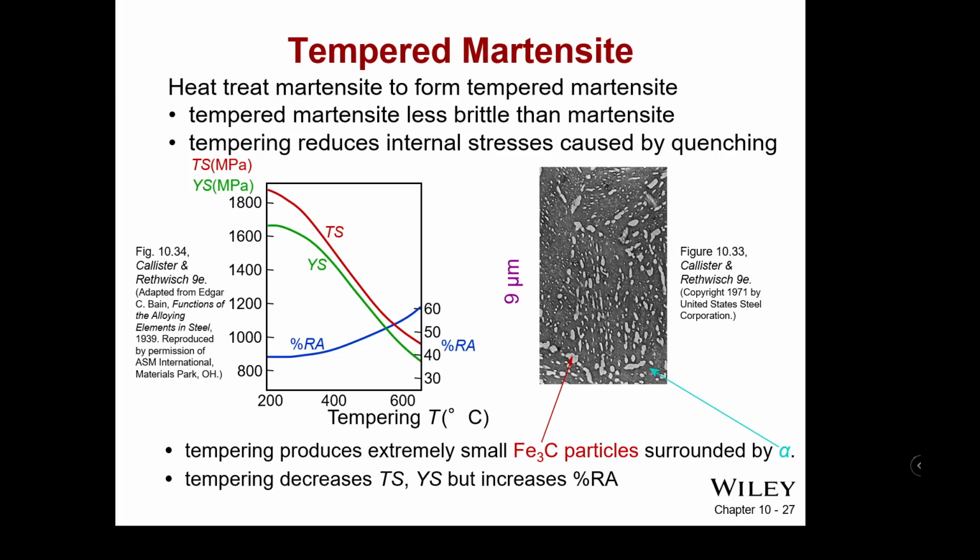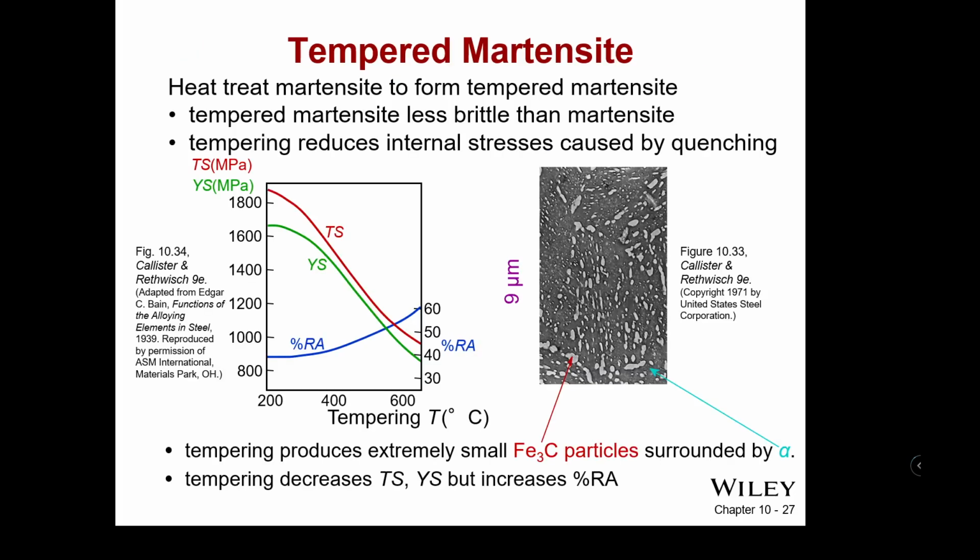So tempering martensite is important to get the desired mechanical properties, so that it's not just brittle and you don't touch it to a surface and it explodes. The tempered martensite is considerably less brittle than normal martensite. It reduces the internal stresses caused by quenching, because the material suddenly has to change shape, geometry, and phase, causing a lot of stress to be built up in the material. That stress internally is reduced, so it behaves less brittle and less explosively as a cutting edge